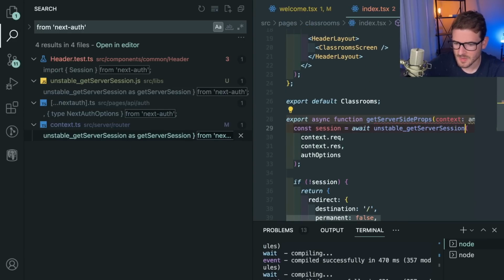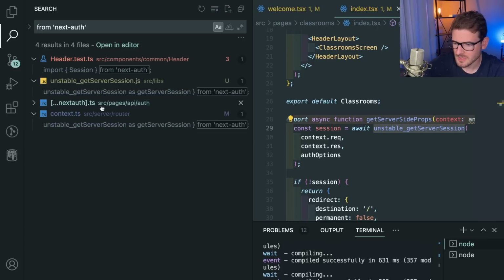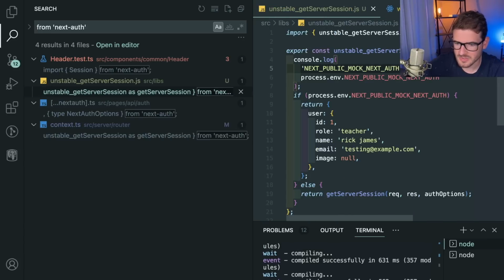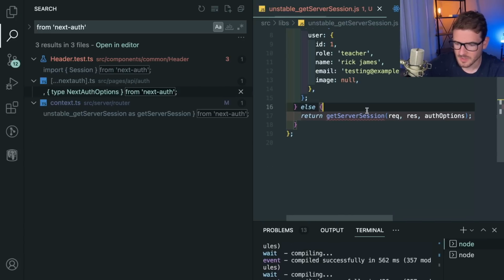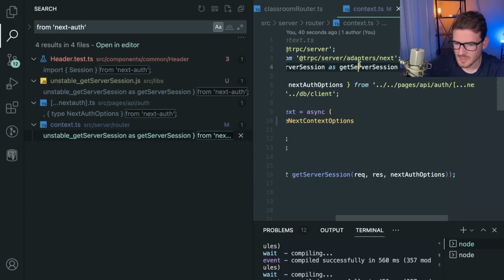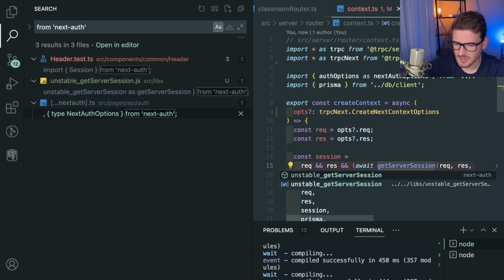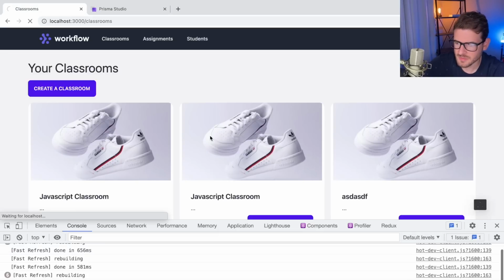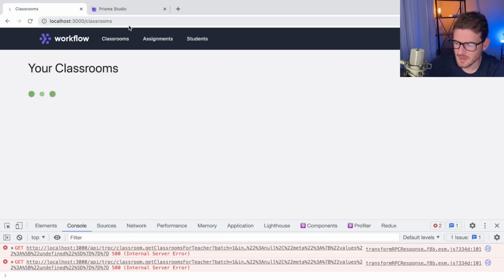I need to reevaluate if we even need to call this unstable method. It seems weird that we're calling a method that's called unstable. Oh, that one I need to keep in there. What's this one? Context. Delete this. Go ahead and get server side session. All right, let's try it again. I'm going to just refresh the page real quick and make sure that